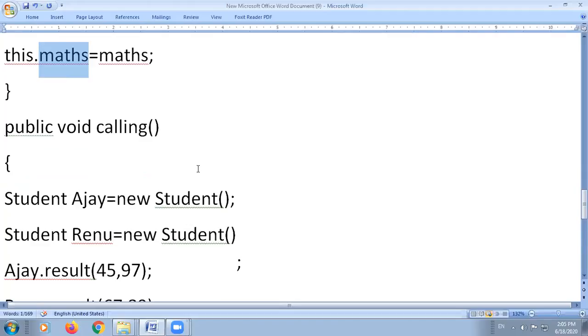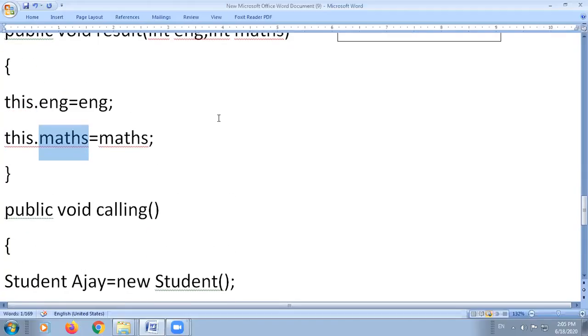Understood? So in this way, this keyword is used to create the reference to the object. Because we can create multiple objects of the class, whenever they are created, we can eliminate the name collision problem whenever the formal parameters and the instance variable names are same.